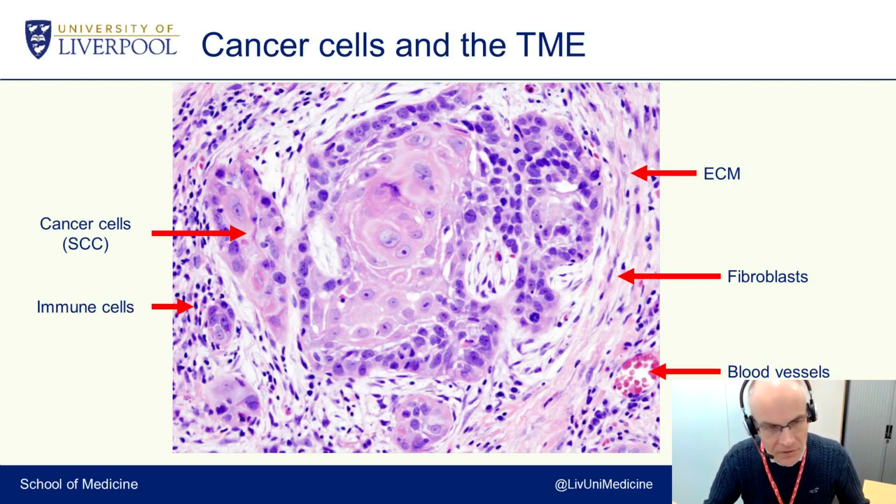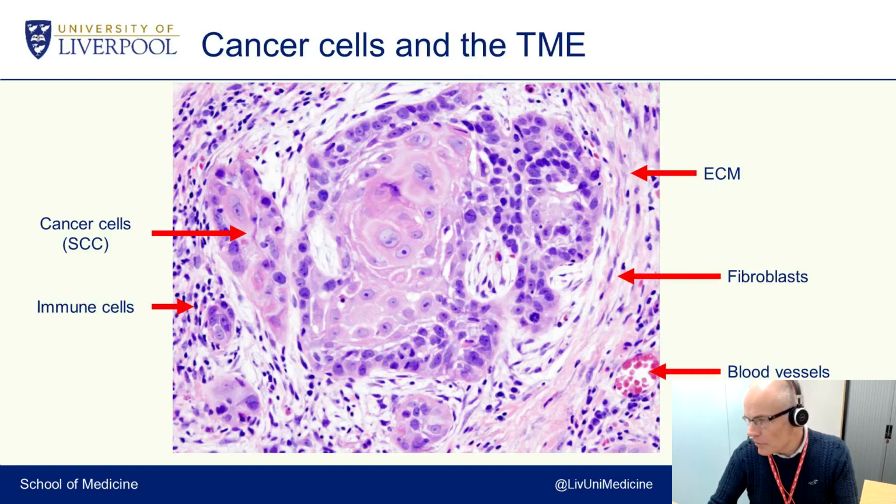So here's an example of histology. This is my own particular area, where my clinical work is in histopathology. And this is an example from a head and neck cancer. It's a squamous cell carcinoma of the oral cavity from the tongue. And in the center, you can see that there are cells which are present, which have